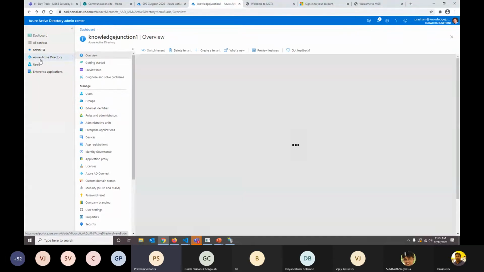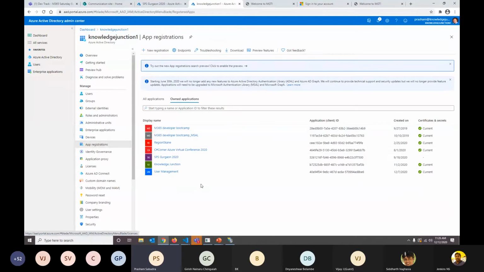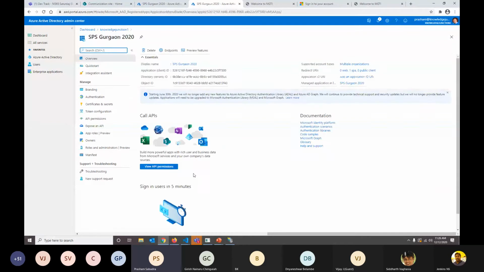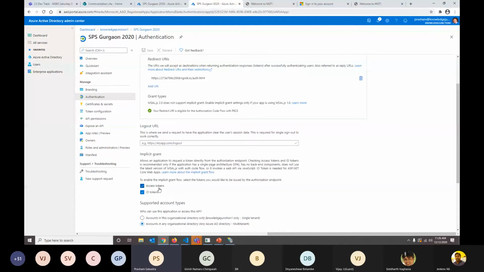I'm moving back to our Azure AD. There are two Azure ADs I'm using. One is for the application which I hosted on IaaS, that was my web application listing, and one I'm using for Teams, that is, for this example which I created previously for the Gurgaon session. So here the redirect URL and these kinds of settings we require. Accounts in any organizational directory, that is multi-tenant, which we saw, and we need to grant the flow for both: the access token and ID token for authorization purposes. And what this redirect URL is, I'll come back to again.